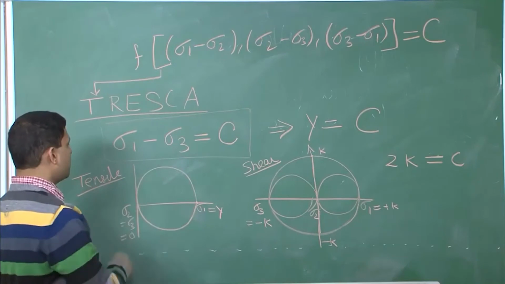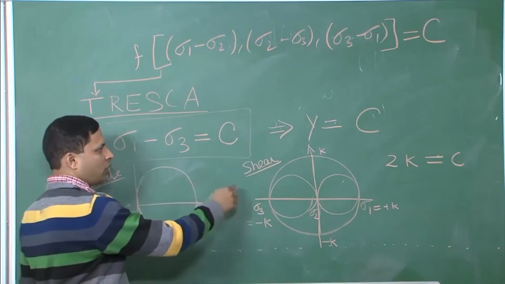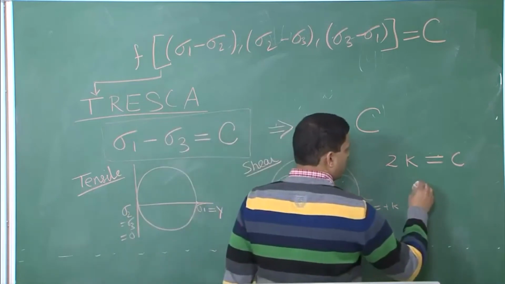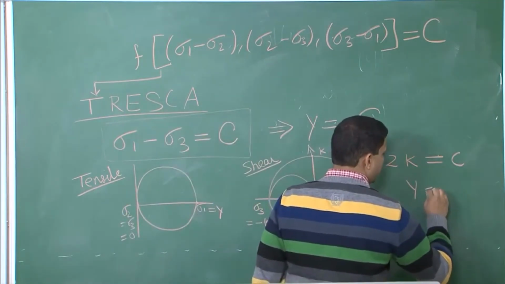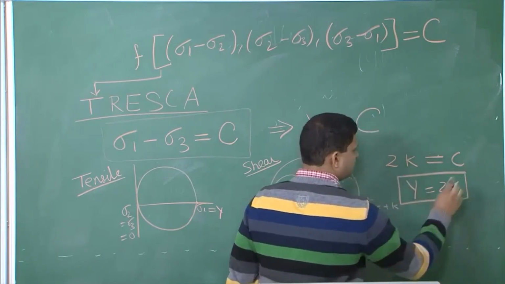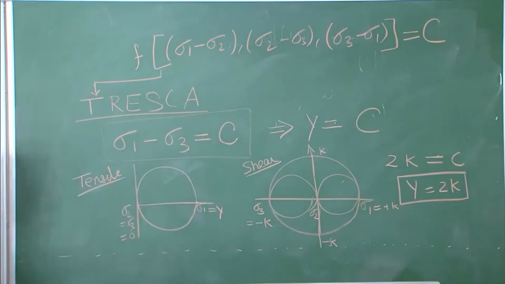So, when using the Tresca criterion, we get not only the value of C in terms of Y and in terms of K, we also get the relation between Y and K, which is Y equal to 2K. So, this is one criterion to define plasticity, the onset of plasticity in the material. Now, we will move on to another criterion,